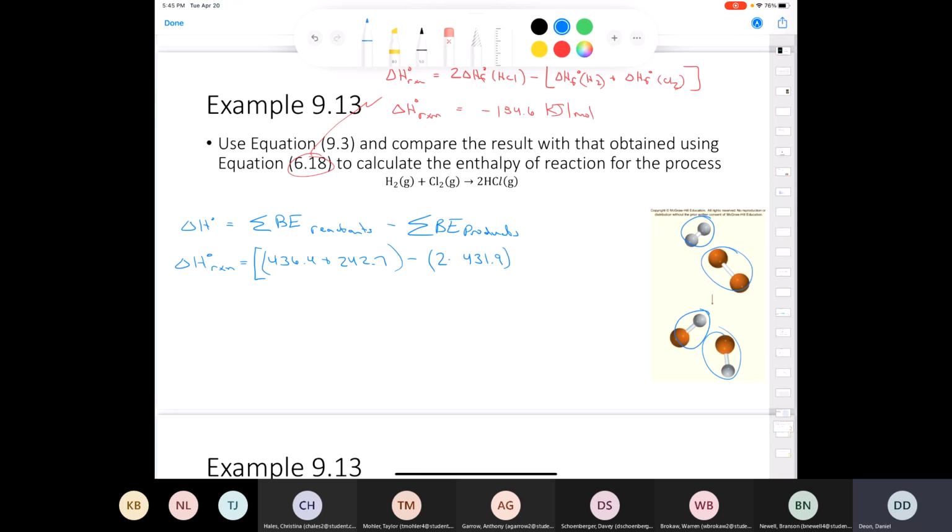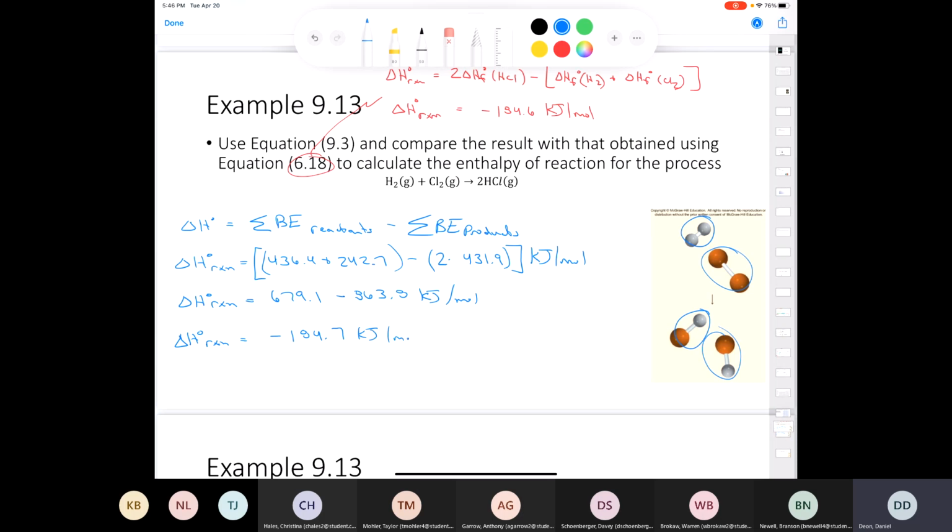The whole entire thing, of course, is in kilojoules per mole. And when we punch all this into our calculator, we end up with 679.1 subtract 863.8 kilojoules per mole. And we end up with a delta H naught for the reaction which is equal to negative 184.7